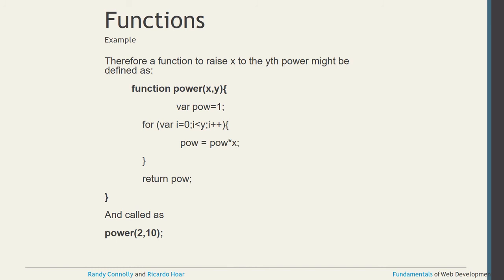So this is one very simple example of a function. Again, you see how to declare it. function is the keyword, power is the function name, and inside the brackets, which are again optional, x and y are the two parameters. And you can see here how to call the function: you write the function name, and inside it pass two parameters, 2 and 10. Okay, so this is the syntax for the function.